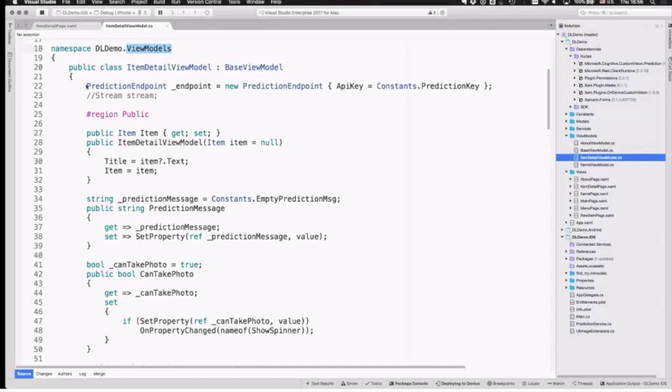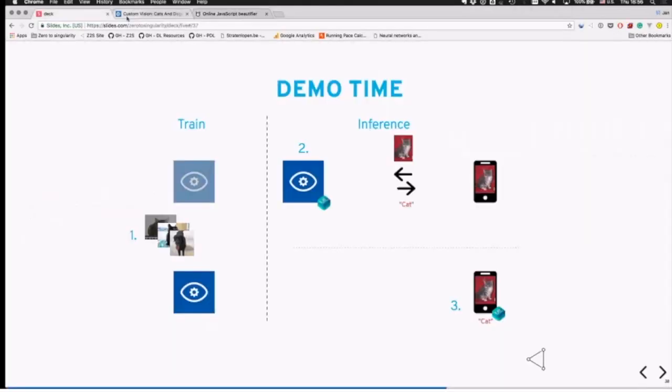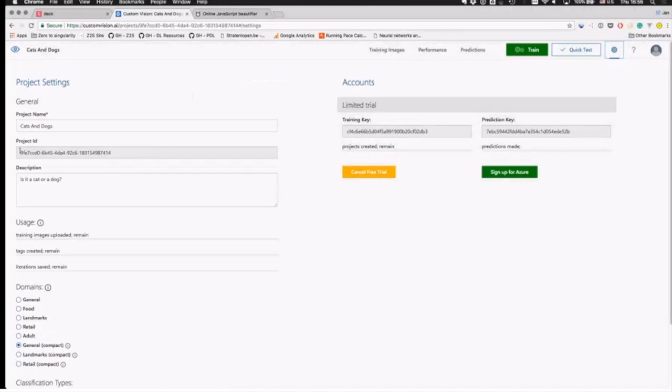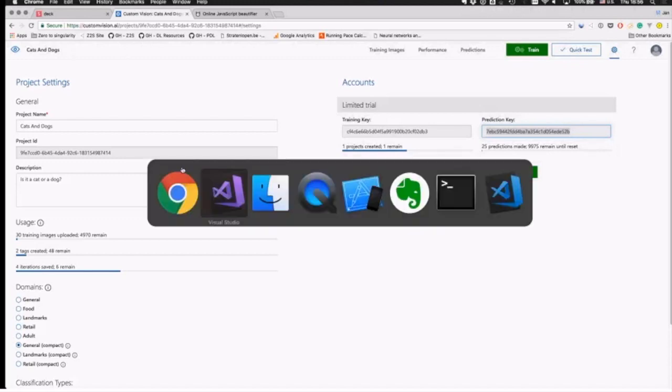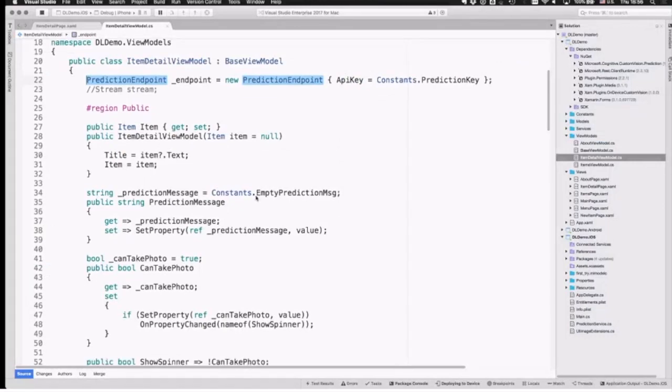What you do is first you create an endpoint because we're going to talk to an API, and we add a prediction key. You just look at the settings, and then we'll need the project and the prediction key. These are basically API keys. See, there's less and less magic in the deep learning part, right? Use the prediction key, and then